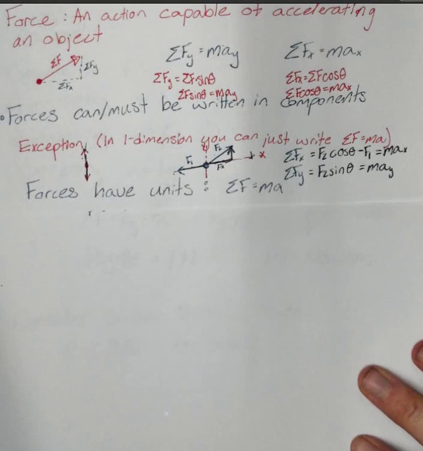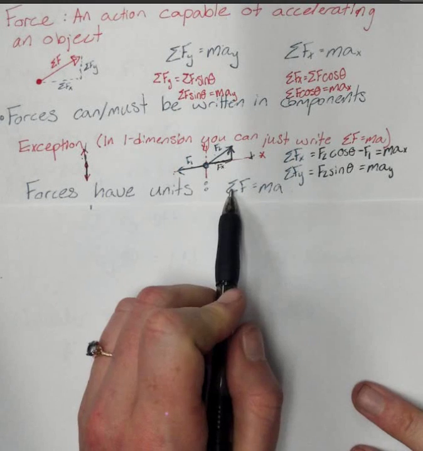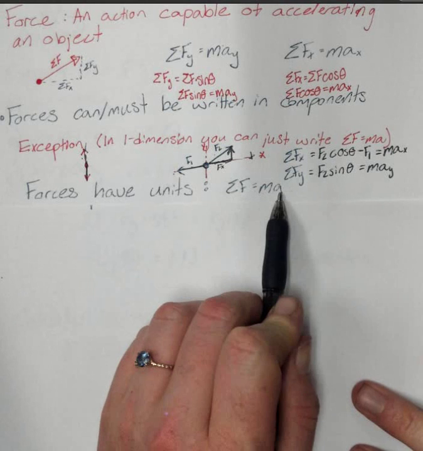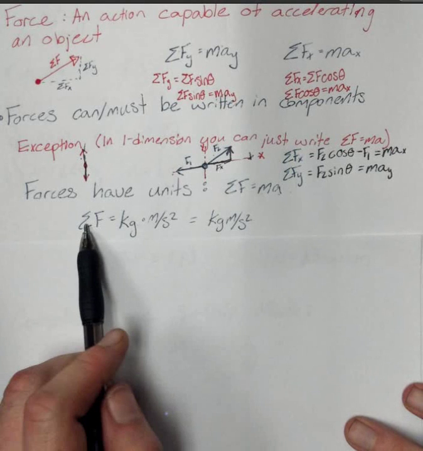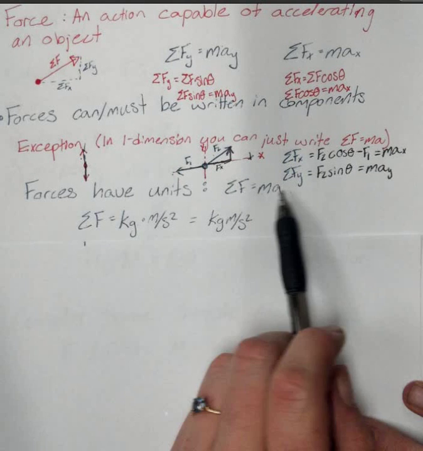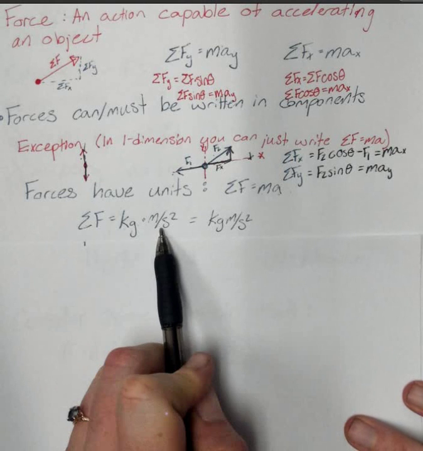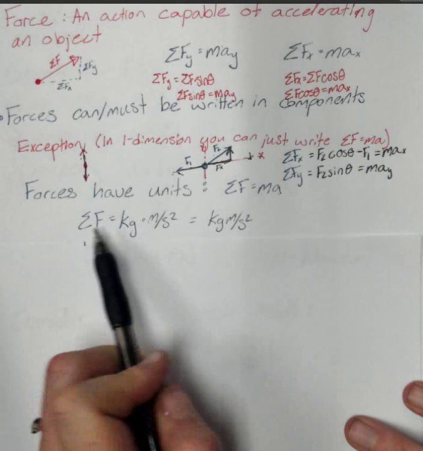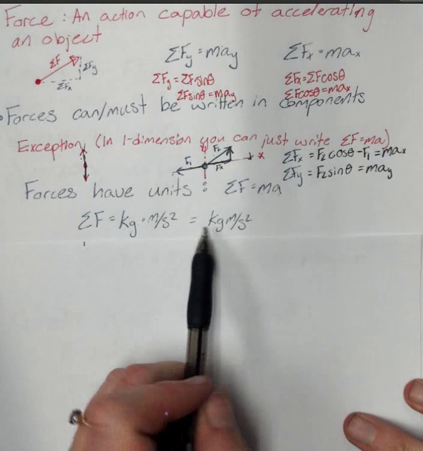So that's some preview or prelude into setting up problems for forces. But one of the things we want to take a look at is the fact that forces have units, right? The sum of all forces, or the net force, will equal the mass times the acceleration. Well, that means that the unit of forces has to be equal to the units of mass times acceleration, and mass times acceleration would be a kilogram times a meter per second squared. Therefore, the units for the sum of forces, or net force, or any force, has to be kilogram meters per